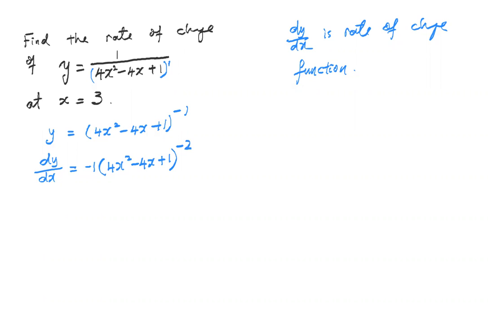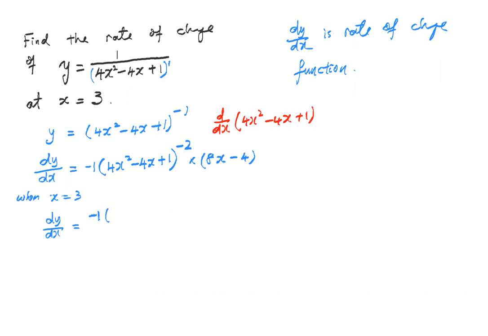Am I right? Then time by the derivative of this one. That is 8x minus 4, correct? Okay, so now I don't have to simplify. I can straight away substitute. So when x equal to 3, my dy dx will be equal to -1,